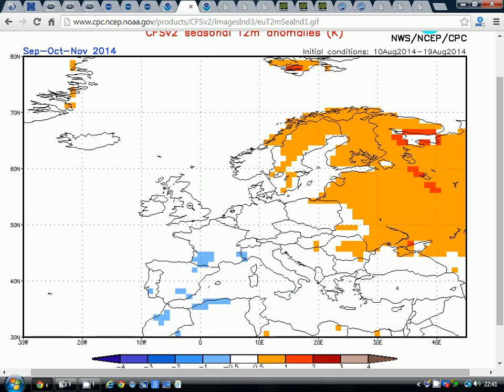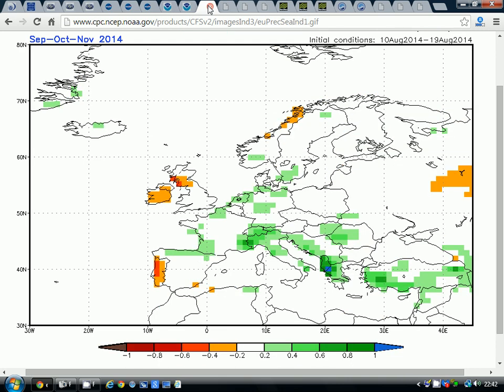The temperature signal is near normal out to the west, a little bit cooler than average for parts of France and Spain. The warmth is suggested to be out to the east and the northeast. That's where we've got that ridge, of course, up to the northeast. Got a ridge of high pressure up here. The jet stream is running more or less into the British Isles, and then it goes northwards around that ridge, or it's splitting around the ridge. So overall temperatures there signalled to be near normal from the CFS.